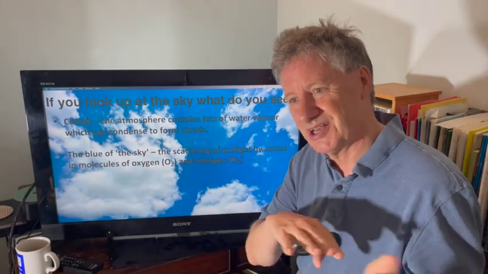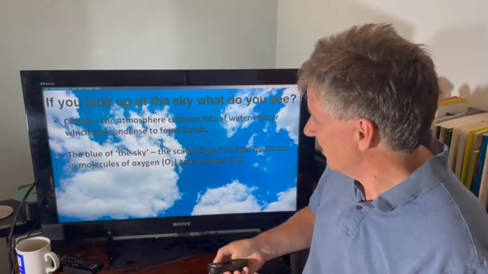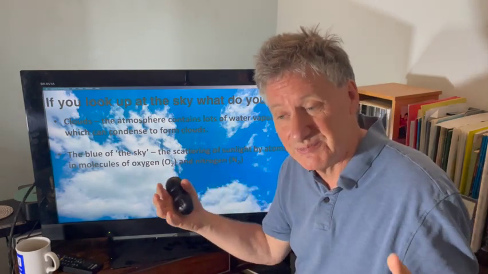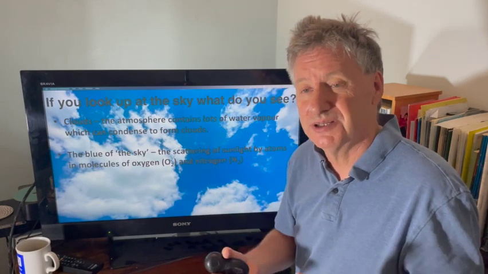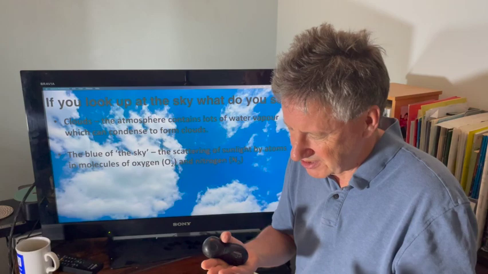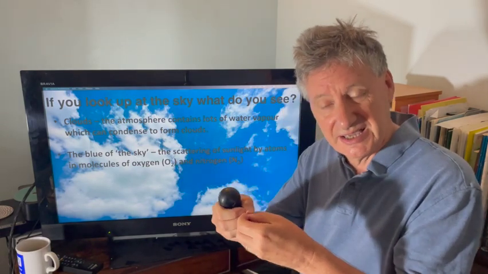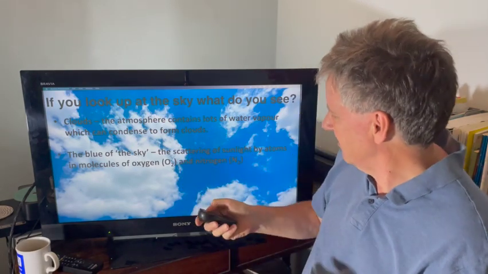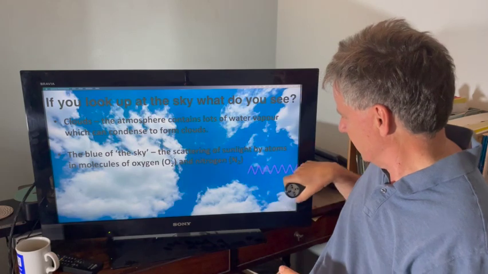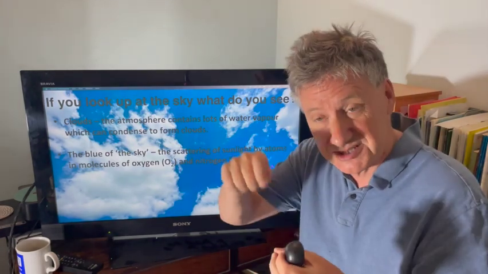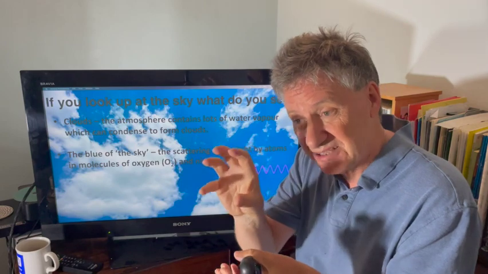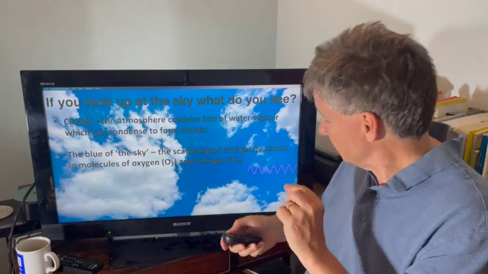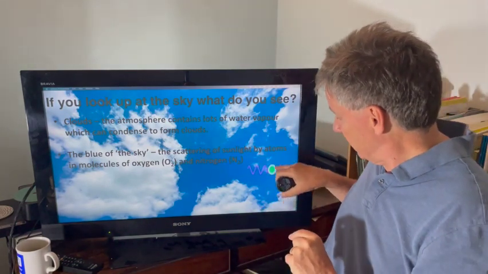Scattering is a word that just means that the light ends up going in a different direction, and that's caused by the fact that although the air in the atmosphere looks transparent, it's not completely transparent. When light shines through it, it causes the air to literally glow with a very, very faint light. So what happens is, as the light comes through the air, the light is a wave in the electric field, then the electrons on the atoms in the molecules of oxygen and nitrogen that make up most of the atmosphere move up and down. So you get this little wiggling.